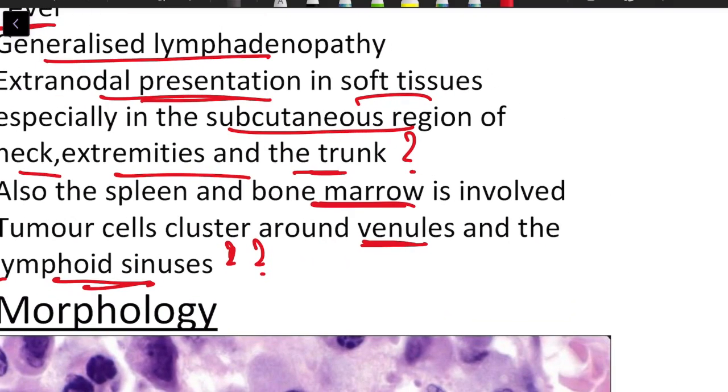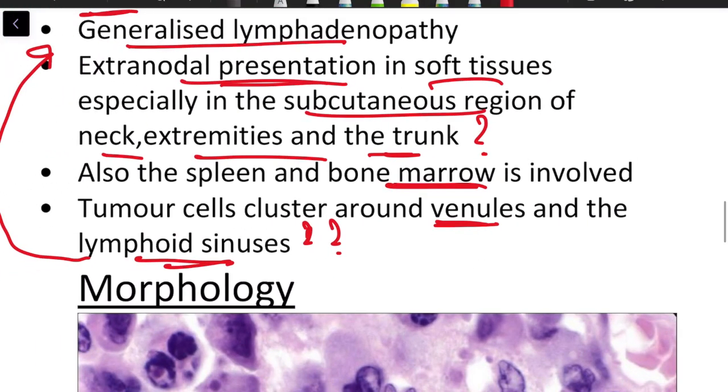Because this subcutaneous region has lymphatics or lymph nodes, if the lymph nodes are elevated, we see the bumps in the subcutaneous region. Also, the tumor cells cluster around the venules and the lymphoid sinuses. And why so? Because venules and lymphoid sinuses again are those places in the lymph nodes which are commonly involved in antigen presentation. That is why tumor cells have a tendency or a characteristic to cluster around these sinuses, because